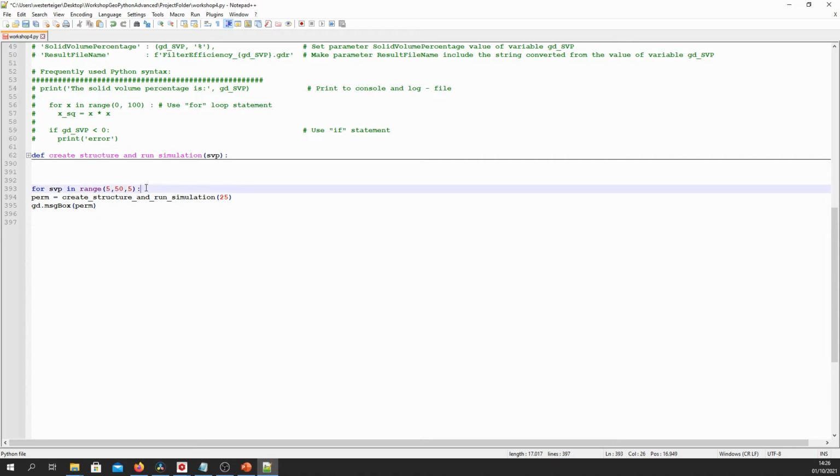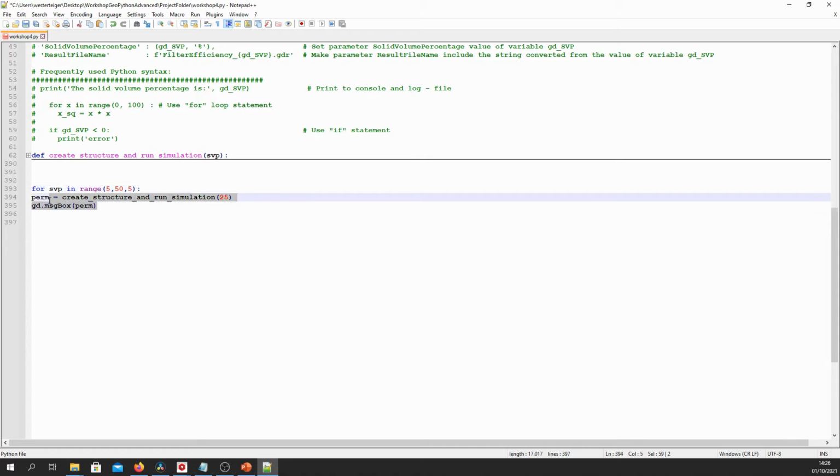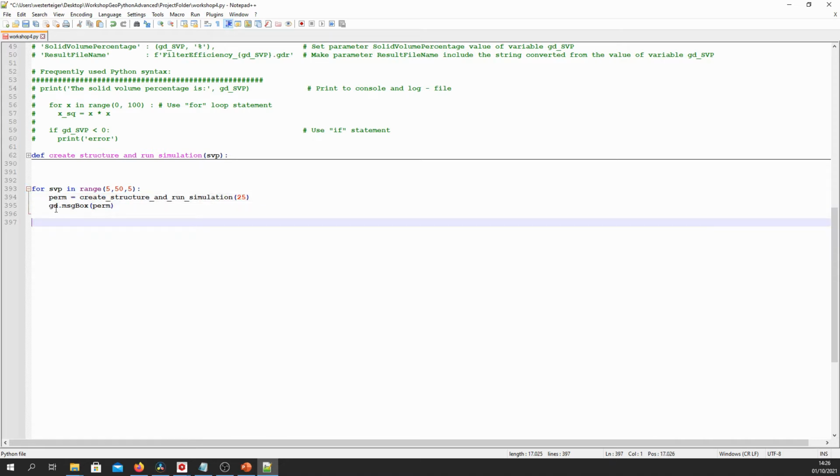So that's what this for loop does. And we take the rest of the code and we indent it once again so that this is actually executed in the body of the for loop. So we have this SVP value, which varies from 5 to 45 inclusive. And then we replace this 25 here by this variable SVP.